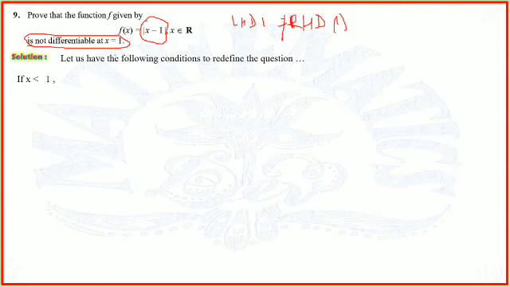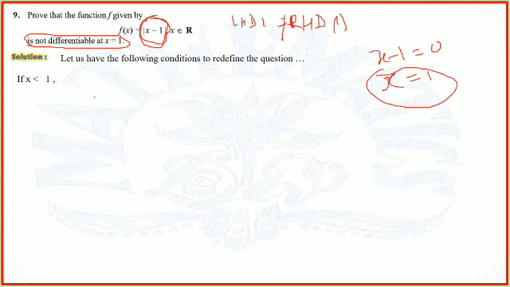If x is less than 1, why? As I told you, when you are reducing it, you have to search out the turning point of the function. Here if x minus 1 is equal to 0, at that point x must be equal to 1. So when x is equal to 1, the function gives you the value 0. So x is equal to 1 is the turning point. Now here we have only one term, so there will be two conditions. Either x is less than 1 or it is greater than or equal to 1. So first condition we follow